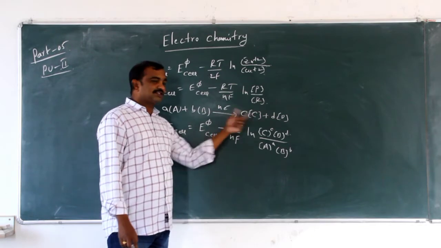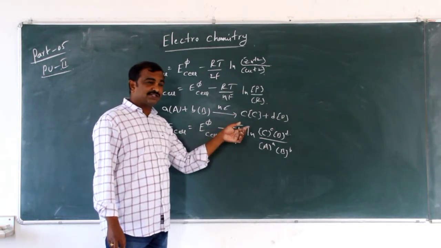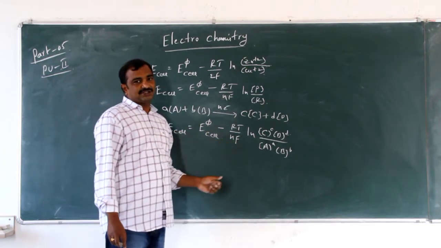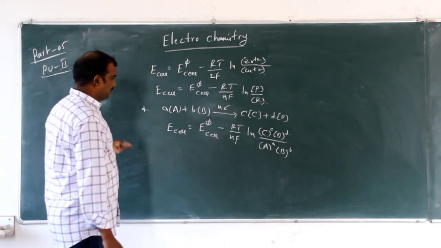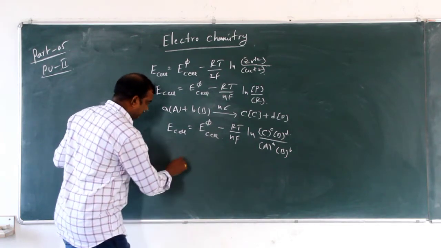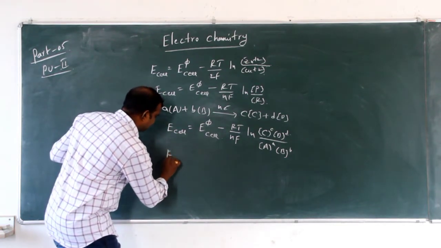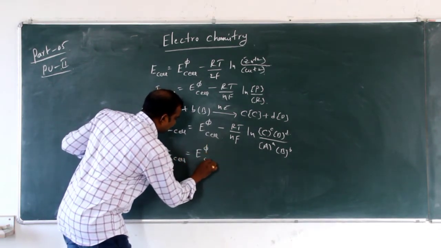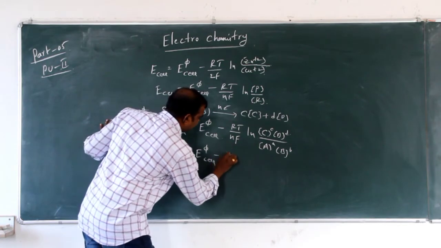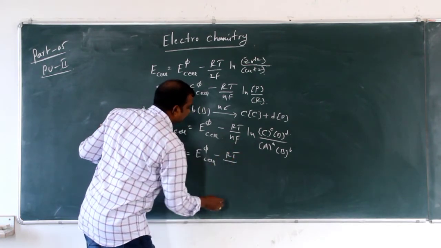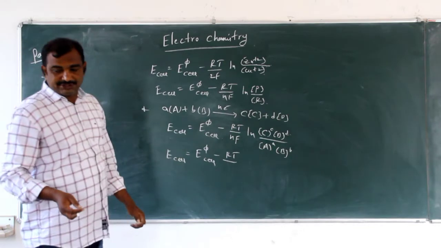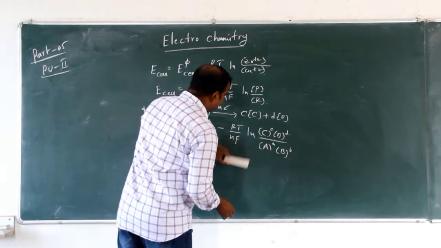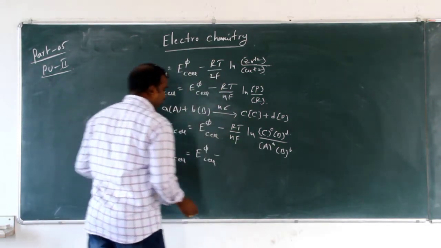So Q is the ratio of products concentration to their powers to reactant concentration to their powers. If you take the reaction written like this, E cell is equal to E naught cell minus RT by nF. If you substitute all these factors here, we will get